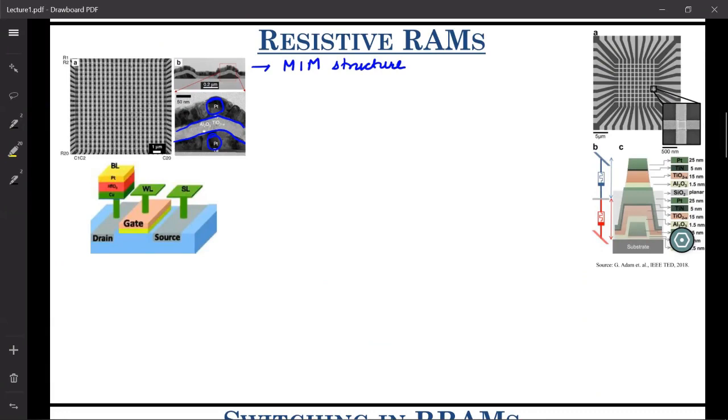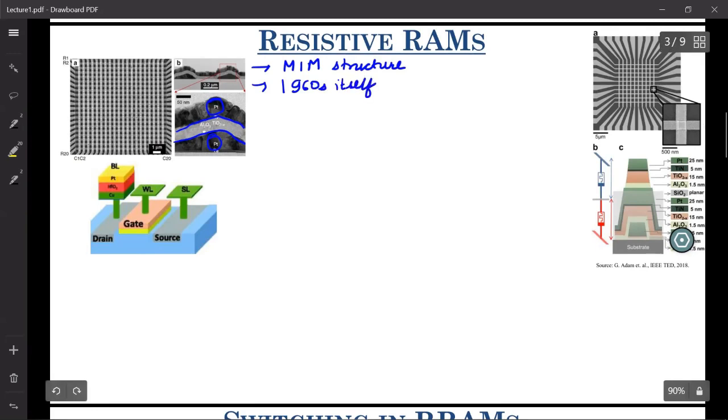These oxides have a unique property that you can transit from this insulator state to some conductive states, and you can reversibly switch these oxides between several conductance states, between a maximum conductance state and a minimum conductance state. This kind of switching behavior of oxides is not new. In the 1960s itself,